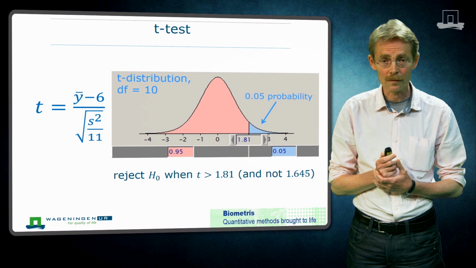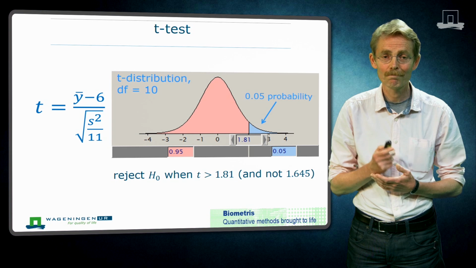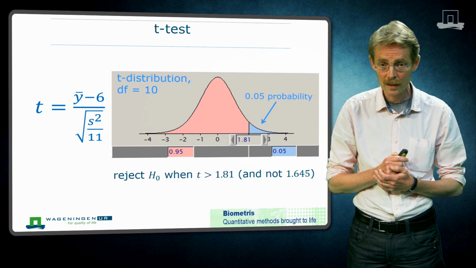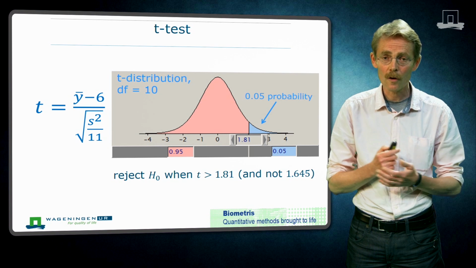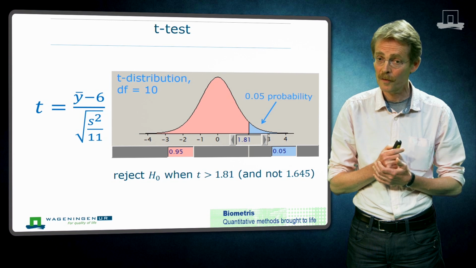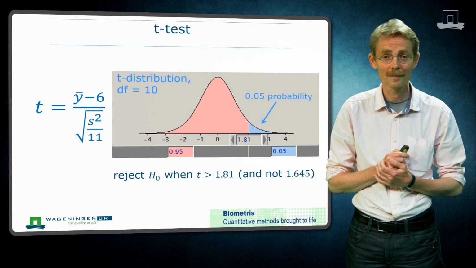So how does it work out? Well, for our 11 data points, we have 10 degrees of freedom. In the gray box, you have the t distribution. We can look up the number with 5% to the right. It's 1.81. So if t exceeds 1.81, we reject the null hypothesis and conclude that Dutch people use too much